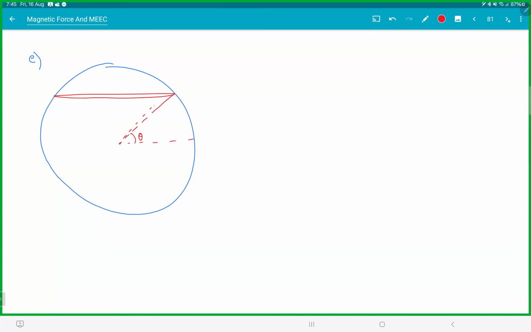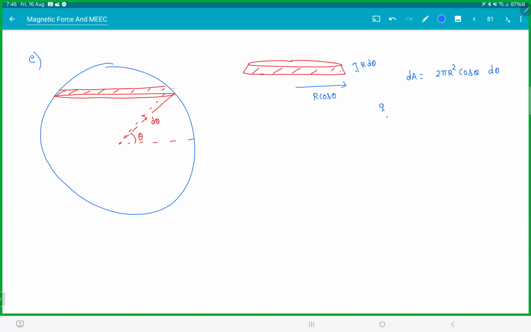If you take a small d theta, you will get a strip like this, whose radius would be r cos theta, whose width would be r d theta. The area of the ring will be 2 pi r square cos theta d theta. So the charge on that ring would be